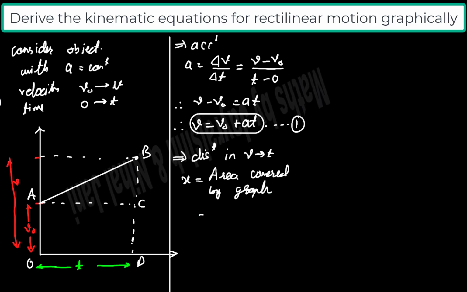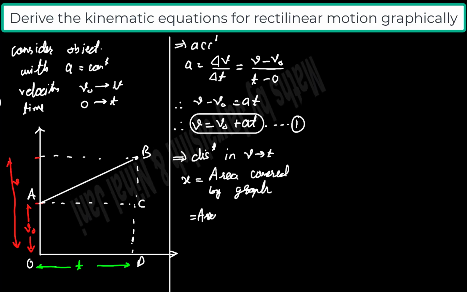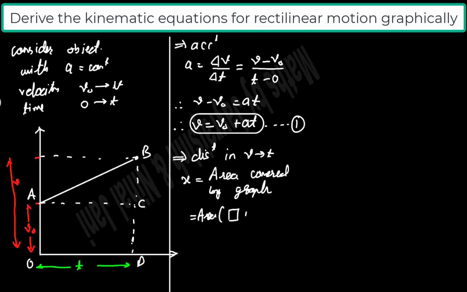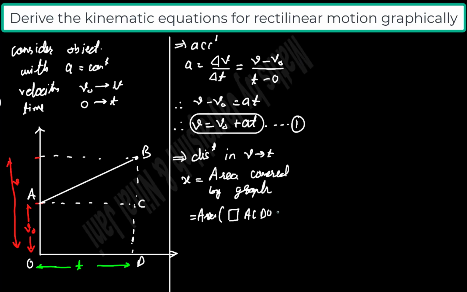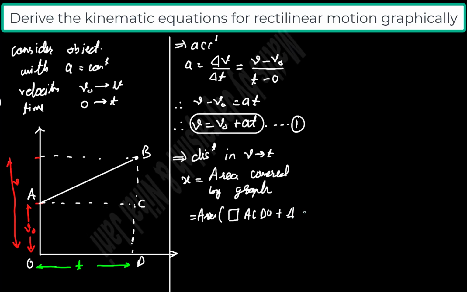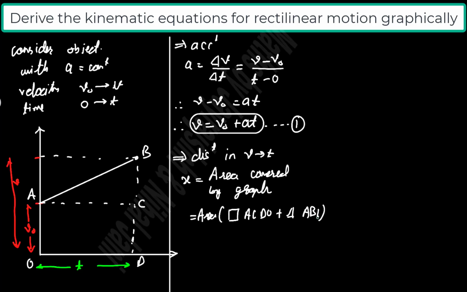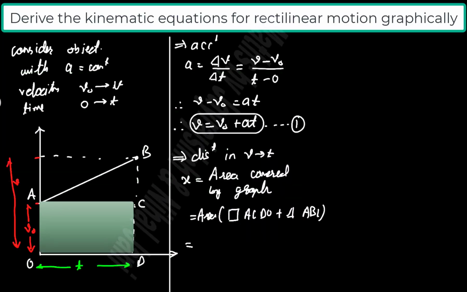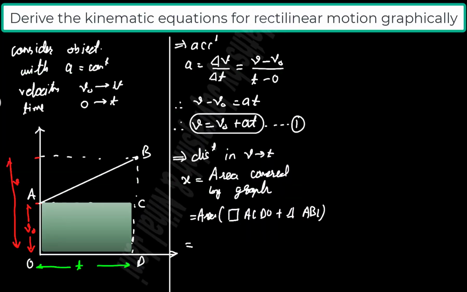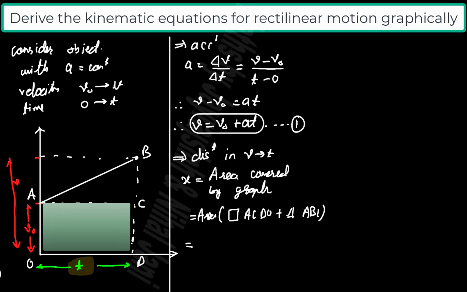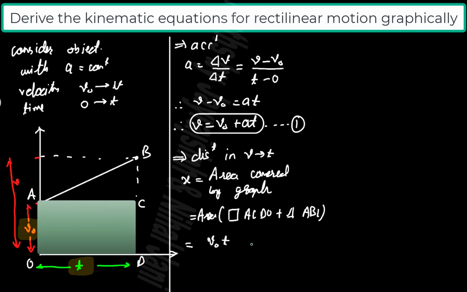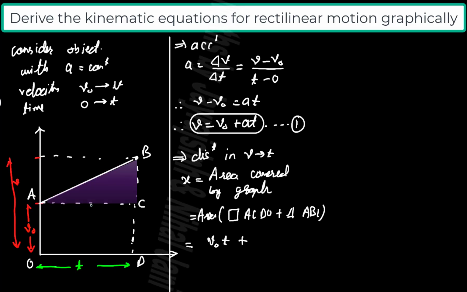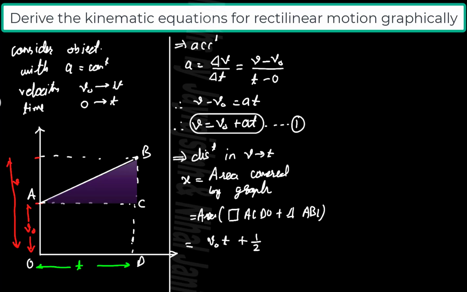So that must be the area of rectangle ACDO plus the area of triangle ABC. The area of rectangle ACOD is the product of its sides, so we'll get v0t plus, to get the area of triangle ABC, we have half